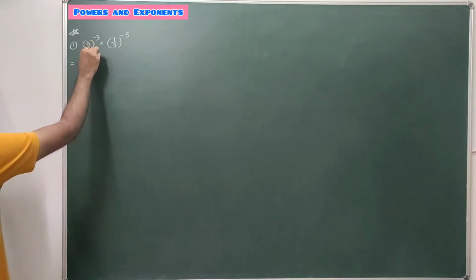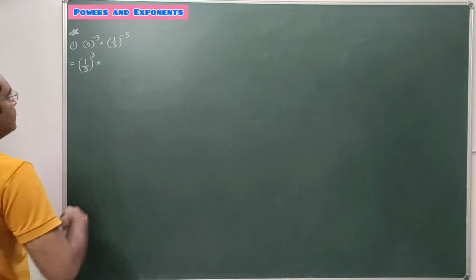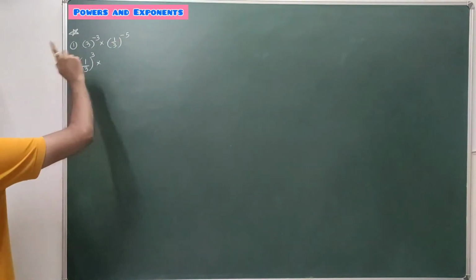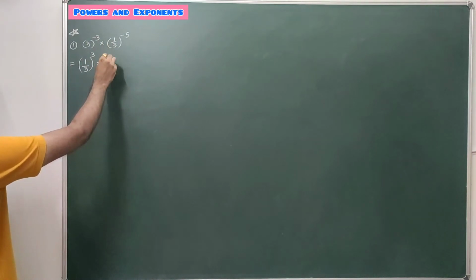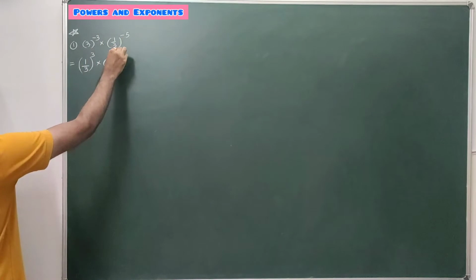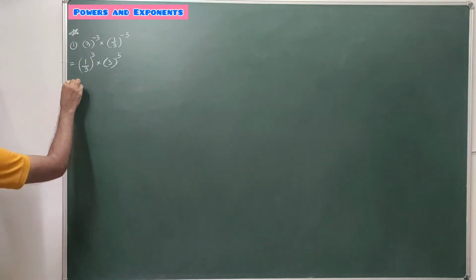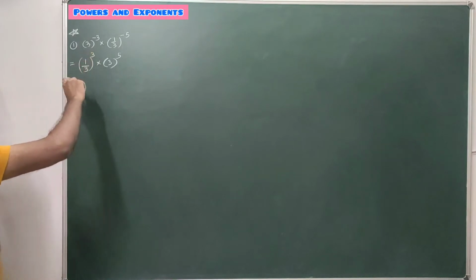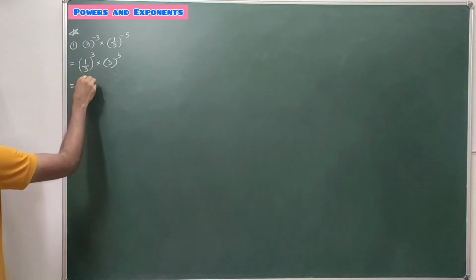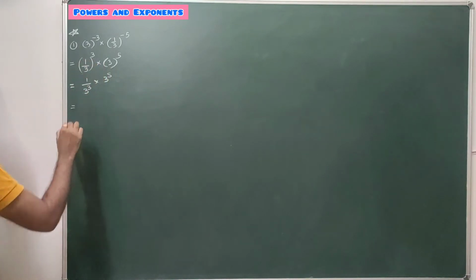Now this negative power is converted into positive power, multiplied by. Again negative power is there, so you have to take the reciprocal of this 1 upon 3. Reciprocal of 1 upon 3 is 3. So now this negative power is converted into positive power. Clear students? Yes, very good. It's 1 cube upon 3 cube. So it's 1 upon 3 cube multiplied by 3 raised to 5.